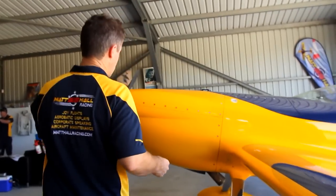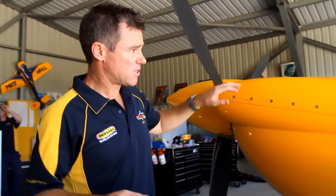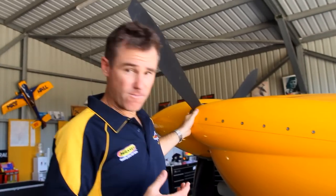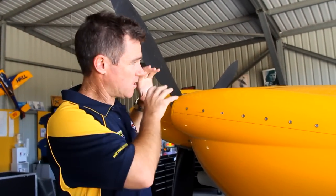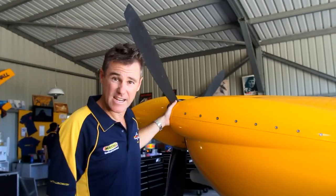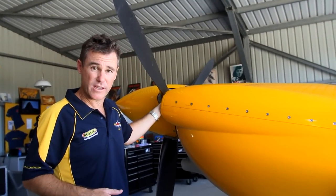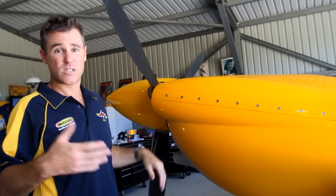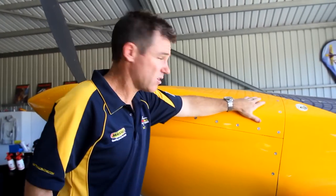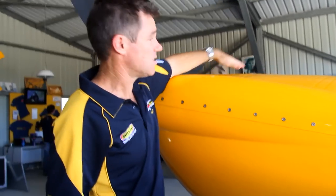And moving through, another thing that slows planes down is what we call cooling drag. It's when we're taking all this air from out the front and we're using it to cool the engine, and then it goes back out the bottom. So the less air we can take at the front but still efficiently cool the engine, the better for the speed of the aircraft. So all of the race planes, you'll see, have really nice and smooth cowls to take